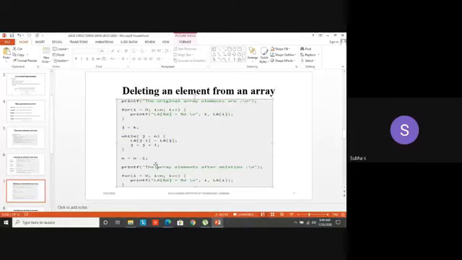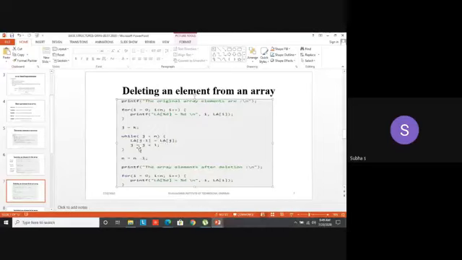For deletion, for example, I want to delete the element in position 3. K as 3. The K value is now assigned to J. Now J value becomes 3. My array size is what? 5. That same example we can take: 1, 3, 5, 7, 8. So I want to delete that particular element in that particular position. So 3 less than 5. Condition is true, so it will go inside the while loop.